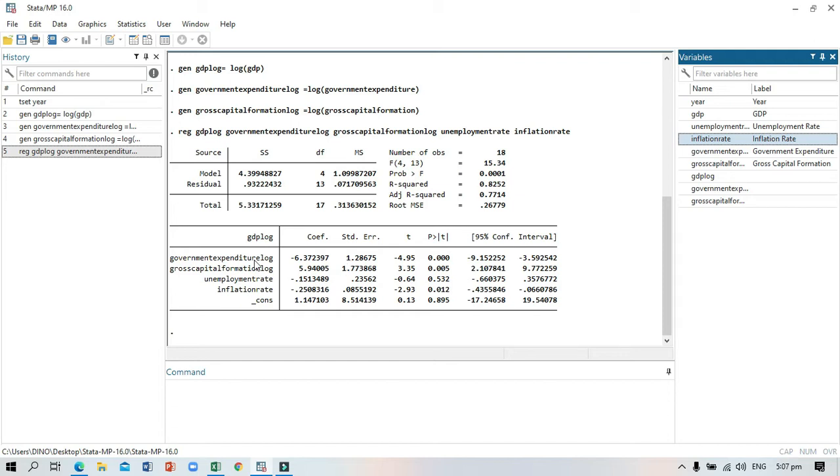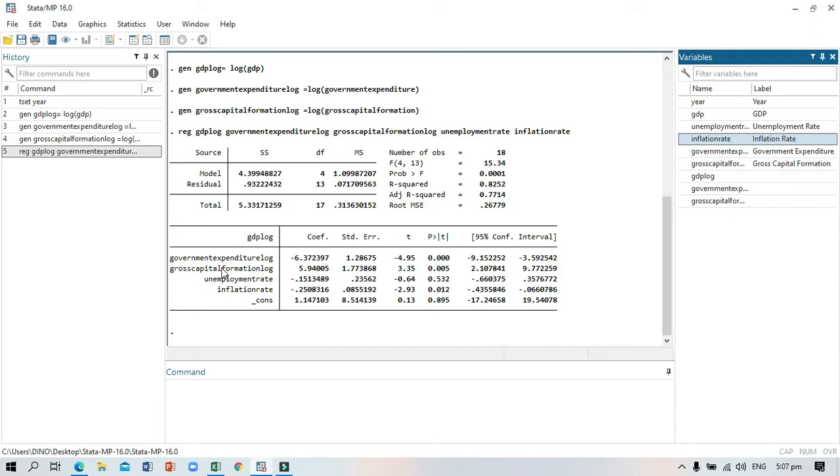Government expenditure is a negative and statistically significant determinant of GDP in South Korea at 1% significance level. In other words, a 1% decrease in government expenditure leads to a negative 6.37 of GDP in South Korea in the years 2000 to 2017 ceteris paribus.